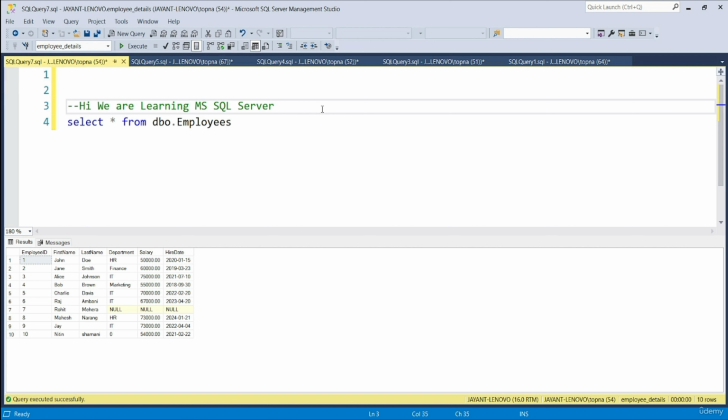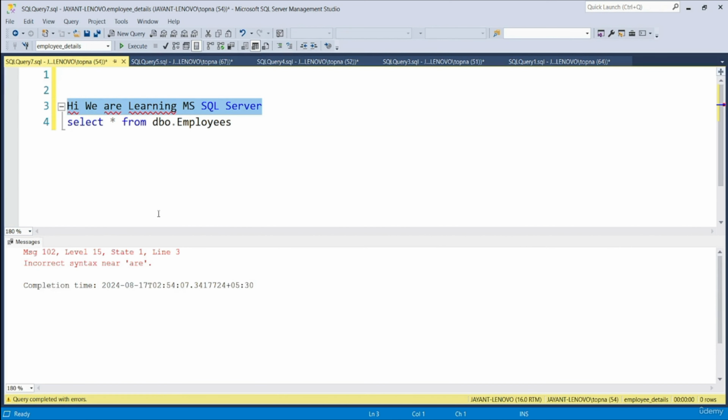If you want to uncomment whatever is written in line number 3, you can simply click at the end of line number 3, and then here at the top you can see that we have an option to uncomment the selected line. So simply click on it and you will see that now it is uncommented. But now you can see that red lines appear here, in line number 3. So this is an error. If I now select and execute the statement written in line number 3, SQL Server will throw an error, right?